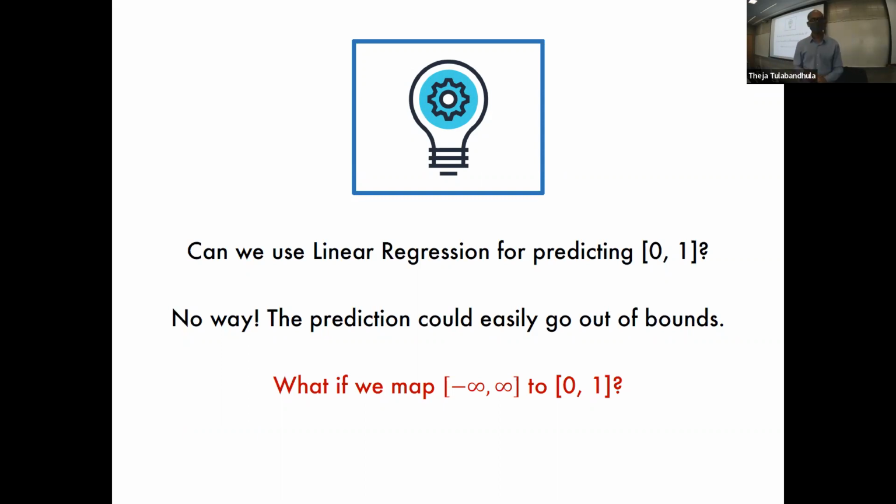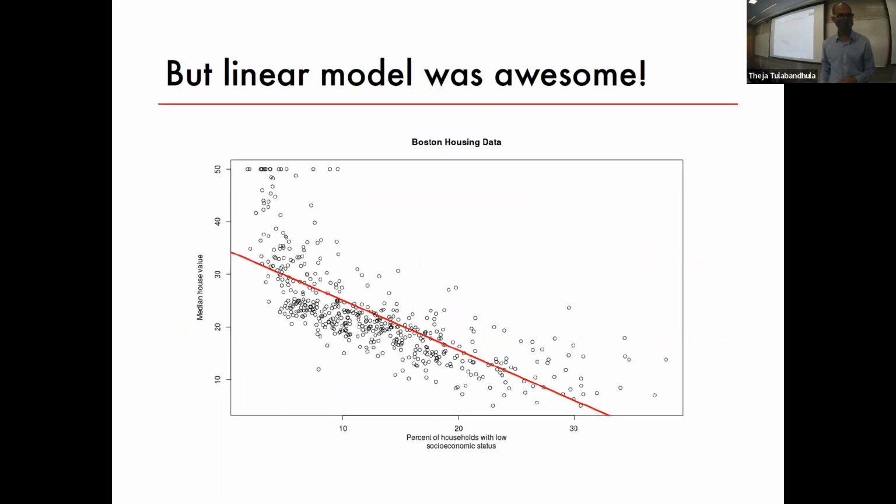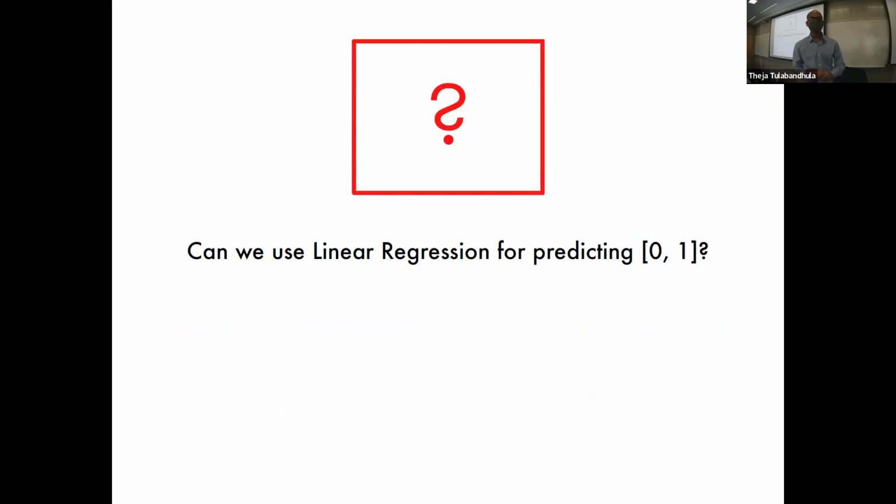So let's start with slide number 20 of lecture 03B, where we're transitioning to logistic regression. The starting point is: can we use linear regression for predicting in a limited range? We can use linear regression to predict a real valued number, and by definition of the linear function, the output can be anywhere, from minus infinity to infinity. So the question here is, can we use linear regression to predict when we know that the numbers have to be between 0 and 1?